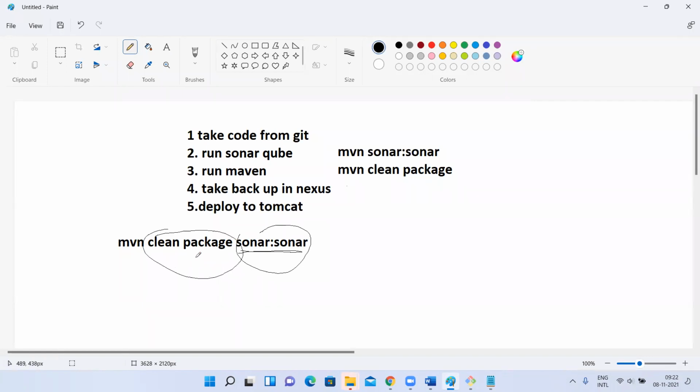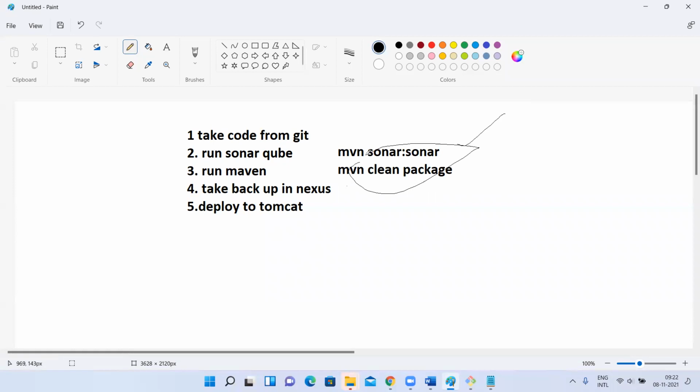For example, it took 1 minute to generate the artifact. Okay, it generated the artifact. Then I have scanned using Sonar Scanner. There is a bug. I have to break the build. I should not continue with the next steps. Unnecessarily you generated it. But if you do it like this, first itself you'll come to know the quality has failed. You don't need to generate the artifact. Means 1 minute you saved it. Means the performance is increased for your job.